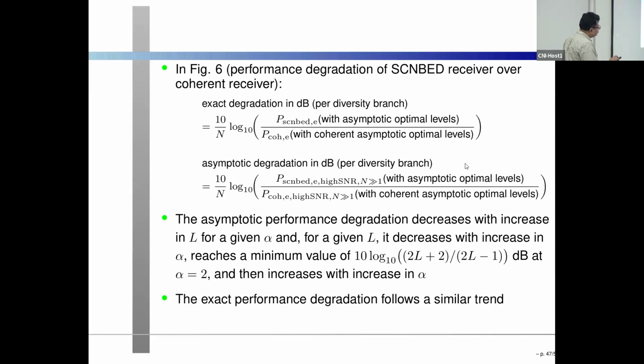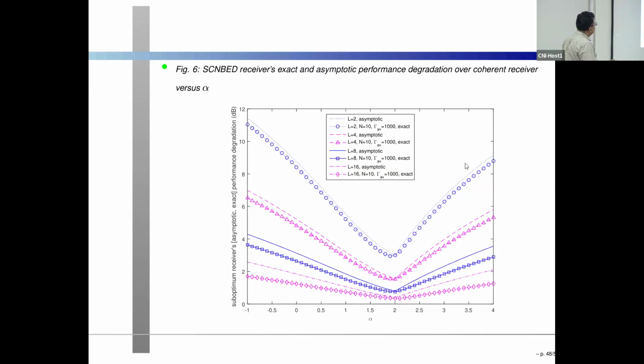Oh, sorry, it actually minimizes at this in terms of L, not at 2. It will be 2 for L equal to 2 actually. So this is for L equal to 2, 4, 8, 16. So these are the plots. So what it shows is that